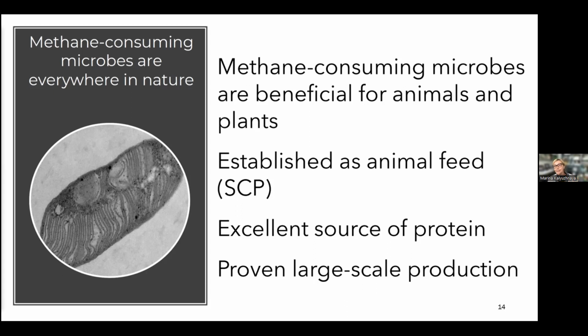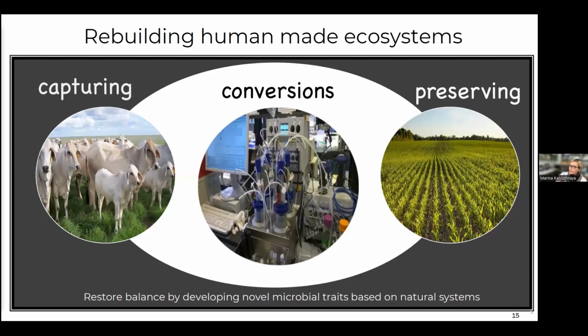At this moment, we can say that there are two big, large-scale biotech companies, one in the European Union, Unibio, and another one in the US, Calysta, that built this technology to produce single-cell protein as animal feed. They are an excellent source of protein, and they are known to work in large-scale fermentation. Can we go to the next slide, please? That basically gives me an opportunity to discuss, when I was encouraged to think about the solutions, that we can bring those microbes back into our everyday life in three different areas.